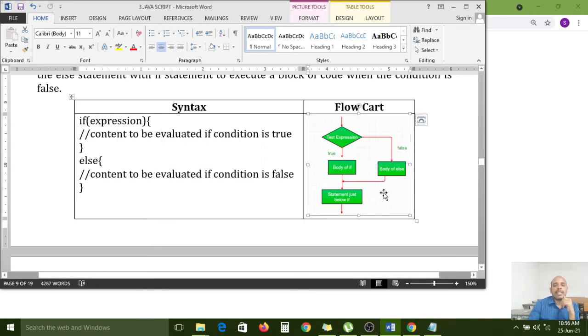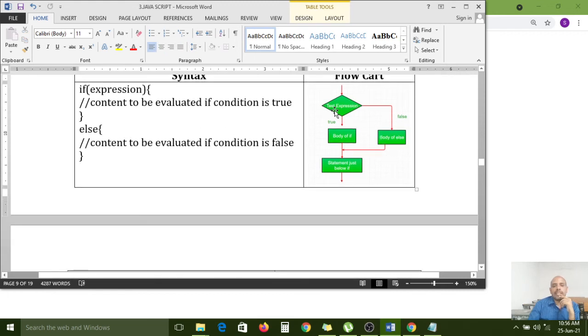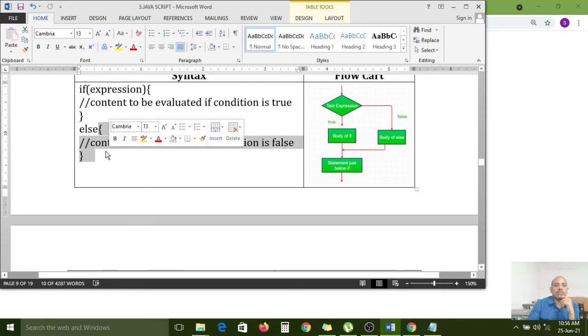So here the diagram is also given. Carefully observe. The flowchart is this one. If the test expression is true, then only the body of the if condition will execute. Body means this one, whatever is inside the open brackets. So what statements do we have inside? This complete opening bracket and closing bracket is also called the if related block, the if related body. This is the else related body, the else block. So if the test expression is true, then only the if body will execute. If the test expression is false, the else body will execute. After that, control comes to the next line of statements to execute.